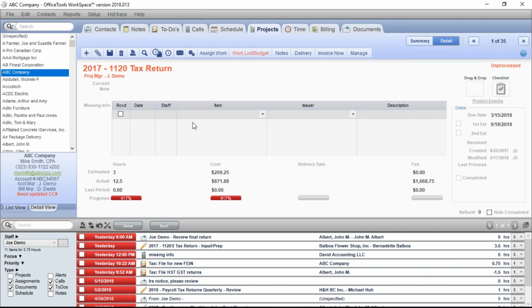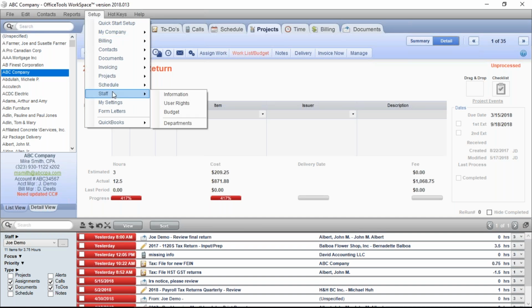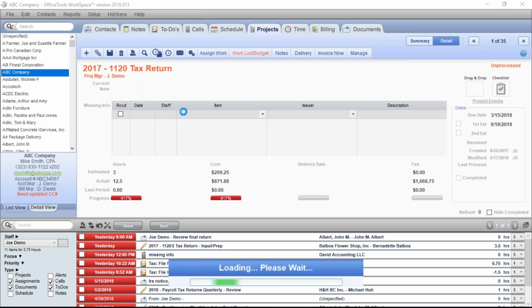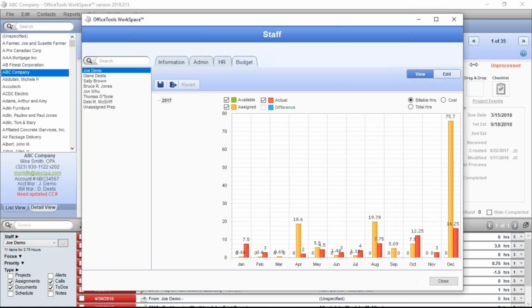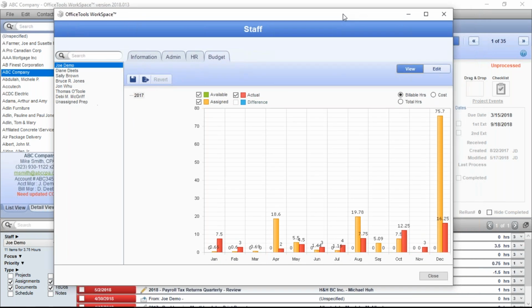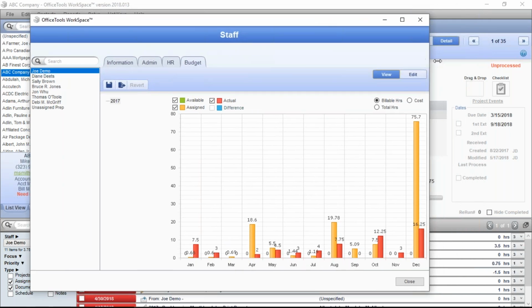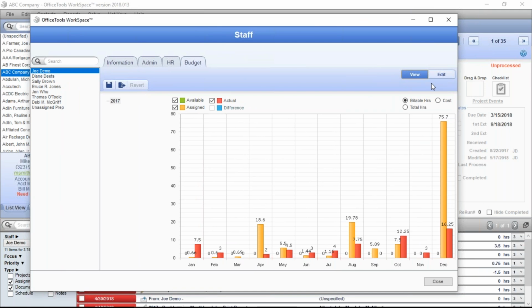The staff side is really cool. Actually, it's a lot of fun. So if you come to the staff setup here at the top, you can actually navigate directly to the budget screen. This is where you're going to want to go ahead and determine who has what budgets, right? Joe Demo has very specific budgets set up. You can see those on the graph. We can see the orange stuff, which is what's been assigned to me. The red items, which are what's actually been tracked by myself. So I've actually tracked some time, or I guess in this example, Joe. Try to make this a little bit bigger. But what we're not seeing is available. So I haven't actually set up any budgets for Joe.